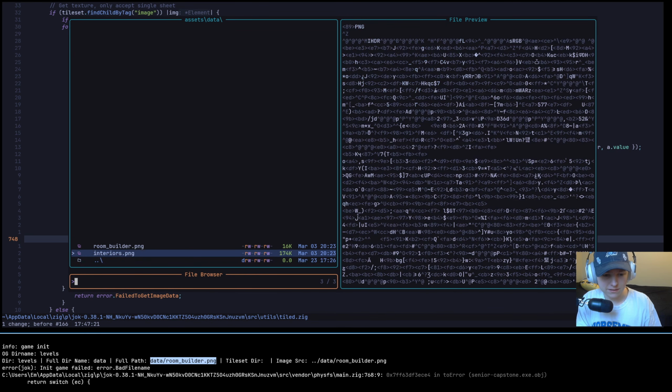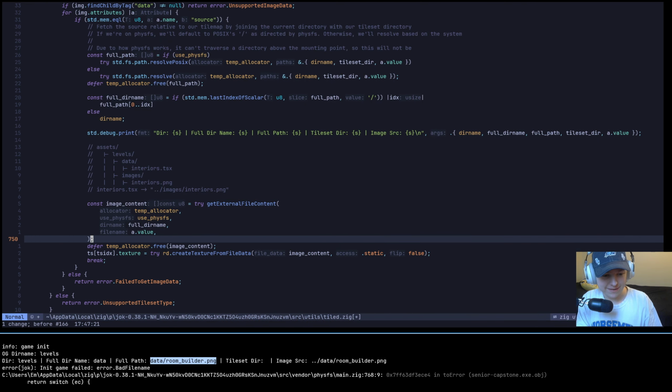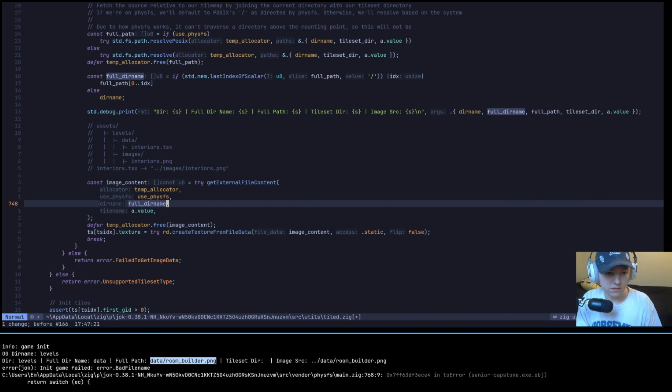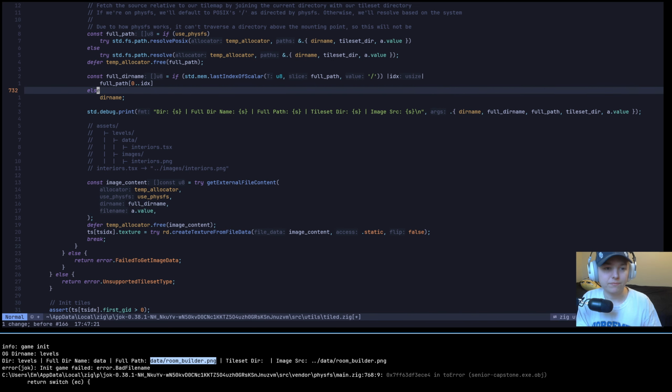Assets, data. Yeah, that should just be there. Why are you saying it's a bad file name? Am I passing the wrong thing to it? Oh, I am. I am passing the wrong thing to it. So in this case, that would be